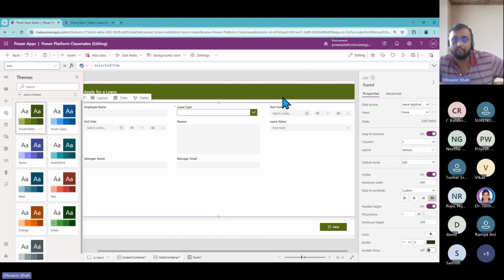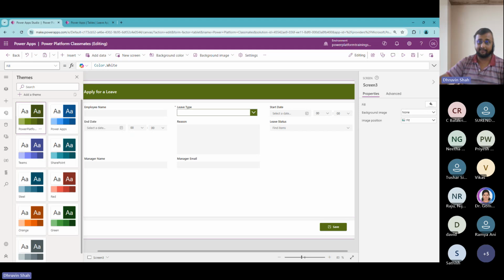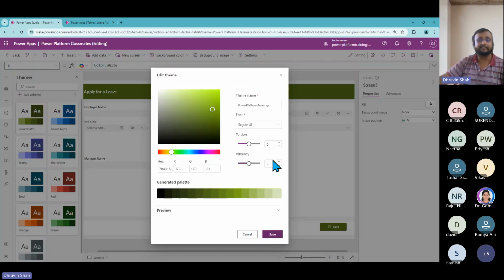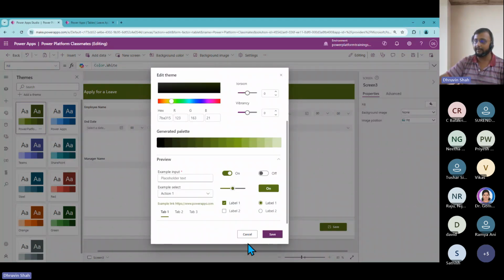So again, this will save lots of the time that we spend on designing for the modern control. This is again a game changer for all the modern control and modern designer. This theme is really very good. Hopefully we will be having more and more features like Power BI in this theme option as well. Let's see where it comes up, but so many feature sets are available over here. Okay,